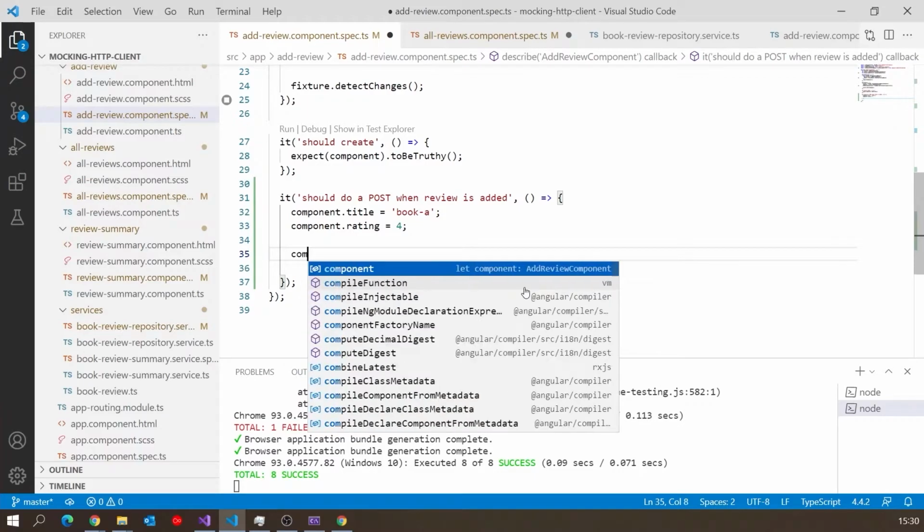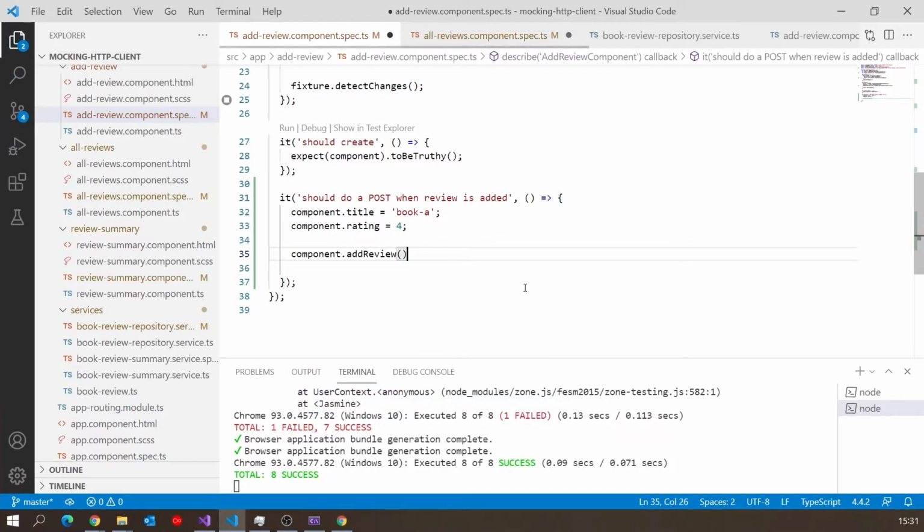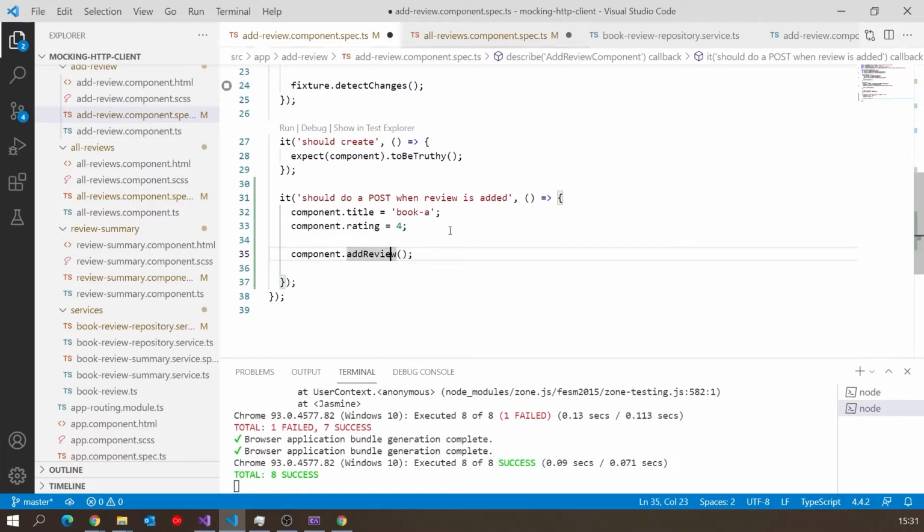And then we're going to say component dot add review, and the way that works, add review takes no parameters, and if we just look inside that, you can see it picks up the title and the rating that I've just set up and then sends it off to the add review in the repository service. So very similar to what you do in manual testing. You fill in one of the fields, you fill in the other field, you press the button, basically in code the same sort of thing that's happening there. But of course, notice we haven't even checked for anything. We've got no expect statement, so it's not as yet a particularly good test.